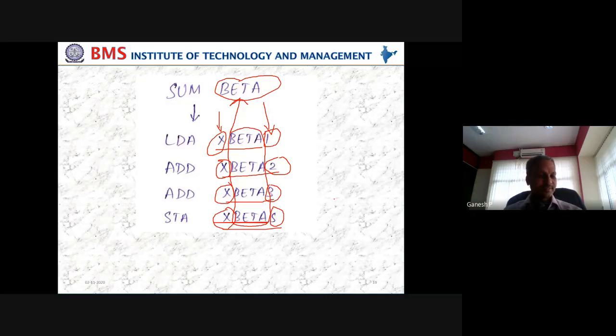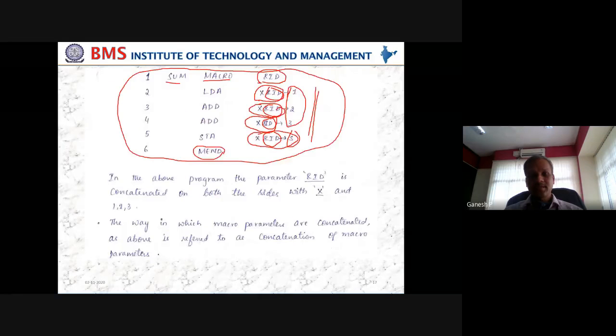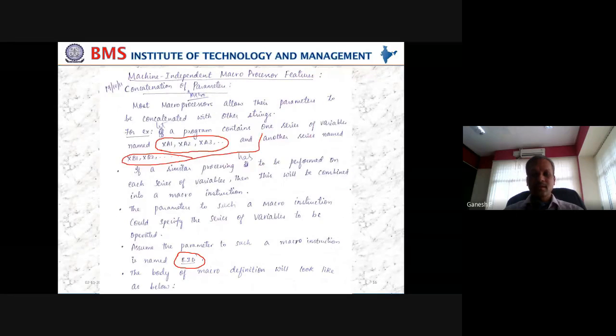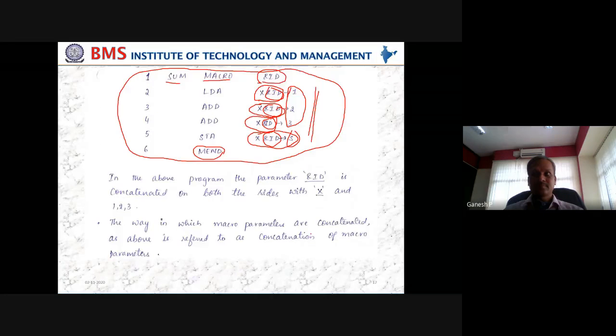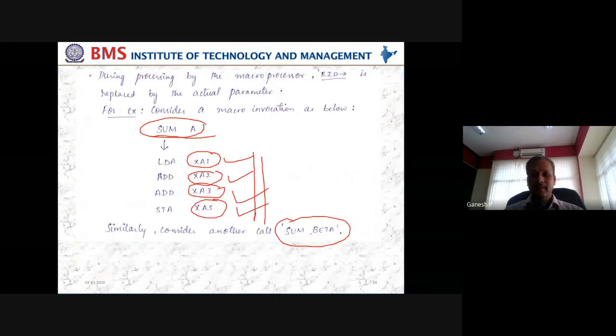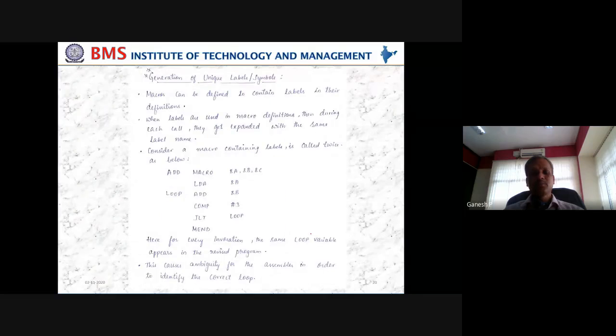So any doubts on this? Probably we can take one more today and we can wind up out of four. So before that, if you have any doubts, let us know. Concatenation of macro parameters. The concept is how to customize the given parameters with the macro actual parameters. Okay. If you don't have any doubts, let me move to the next concept, that is generation of